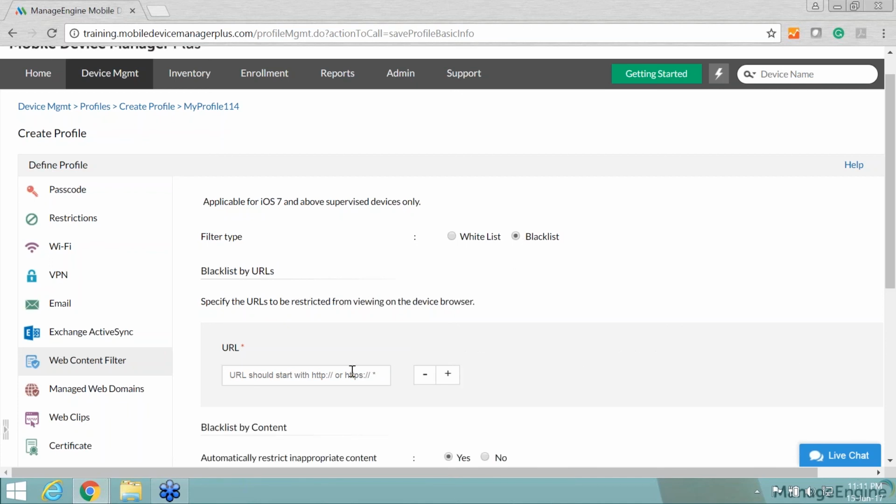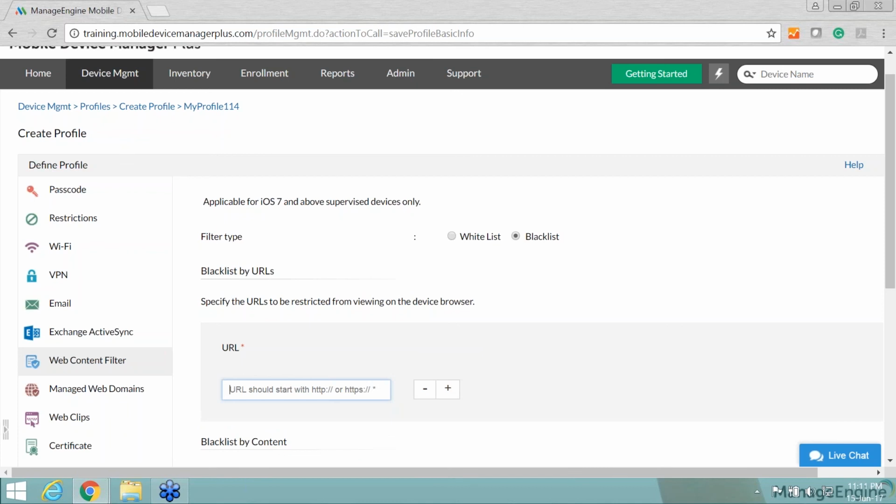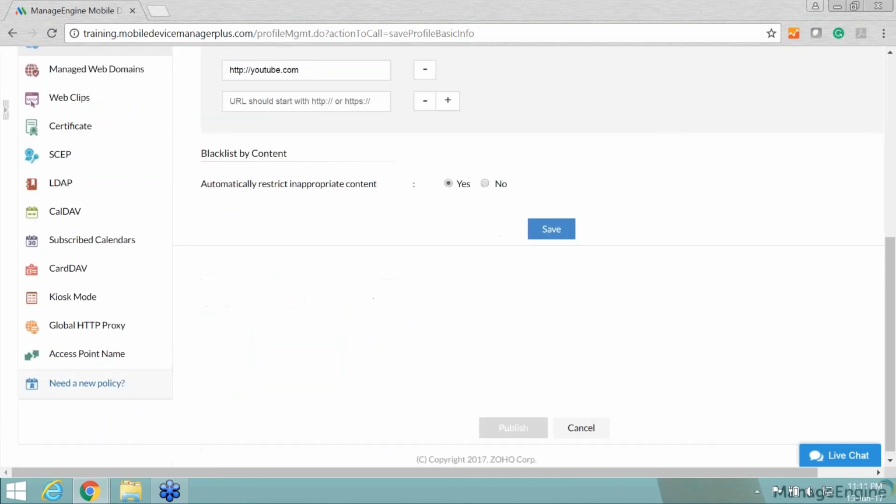Here I just need to enter the URL and it will be blacklisted. Alright, as you can see, the format is incorrect, so we get a prompt for that as well. Done. Click Save, and I also have an option to automatically restrict inappropriate content.